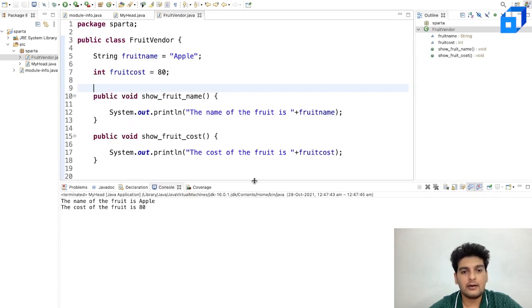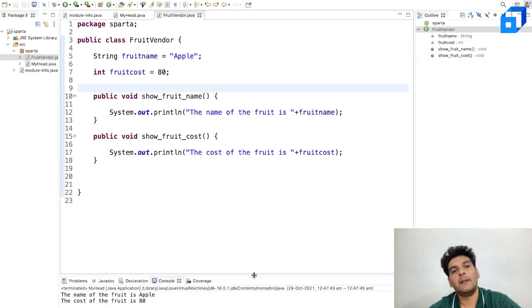Now, let's go ahead and do a bit of complicated stuff. So this was our original class, isn't it? Here what I'd want to do is have something called a constructor. Now what exactly is a constructor? Well, you can consider a constructor to be a special method or a special function which will have the same name as that of the class.